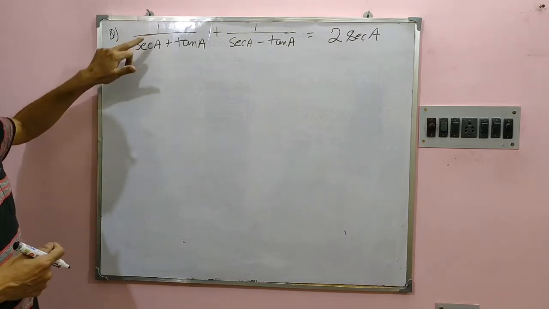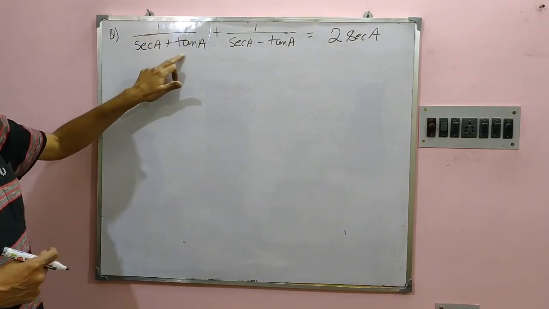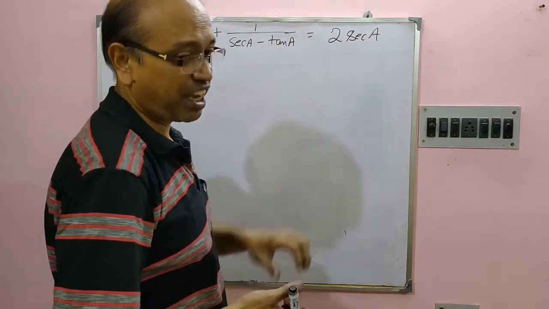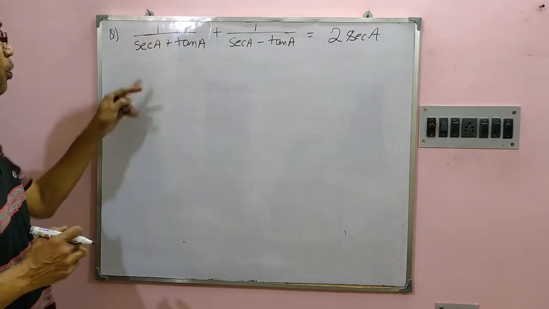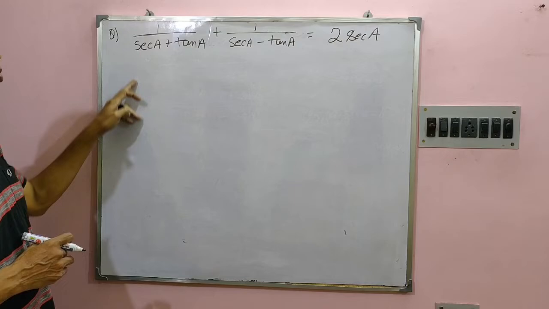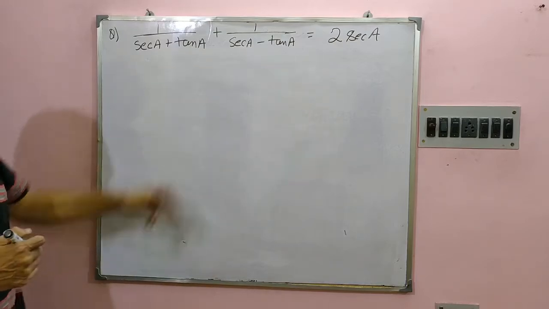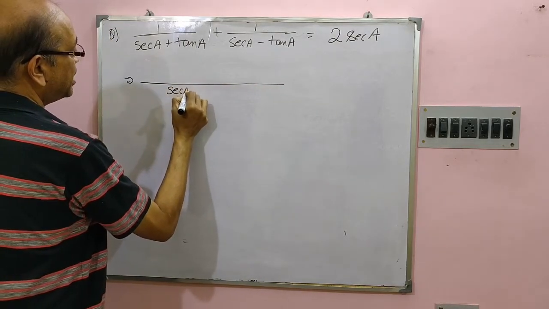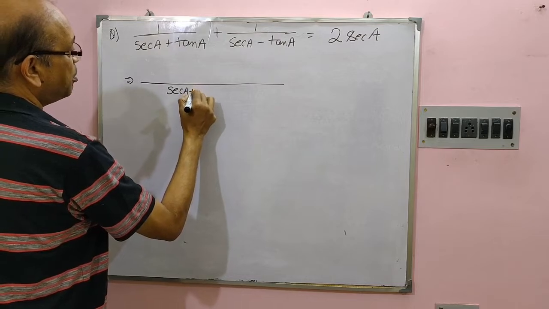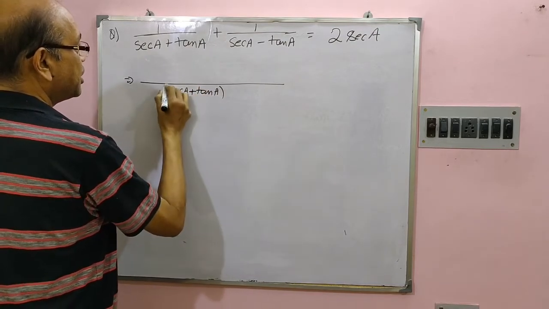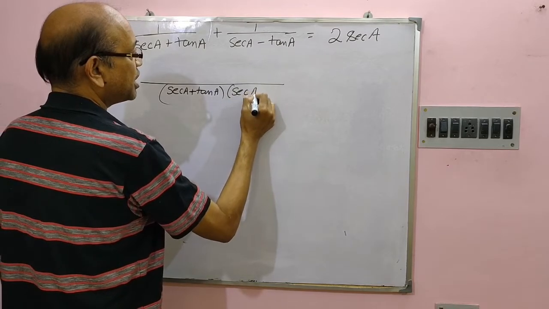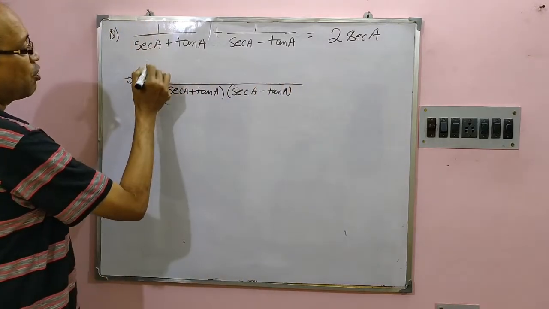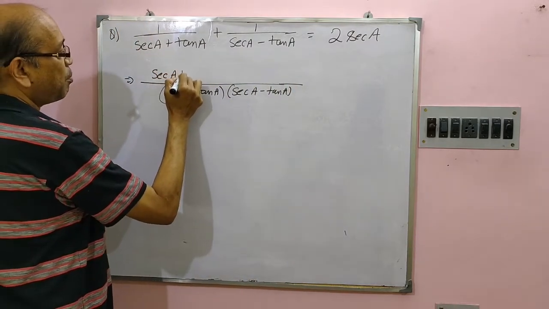Next, 1 by sec A plus tan A plus 1 by sec A minus tan A is 2 secant A. How do we do this? Should we change this into these formulas, or we can just take the LCM? Let us take the LCM and do secant A into secant A plus tan A into secant A minus tan A. Yes. Then here we get secant A plus tan A